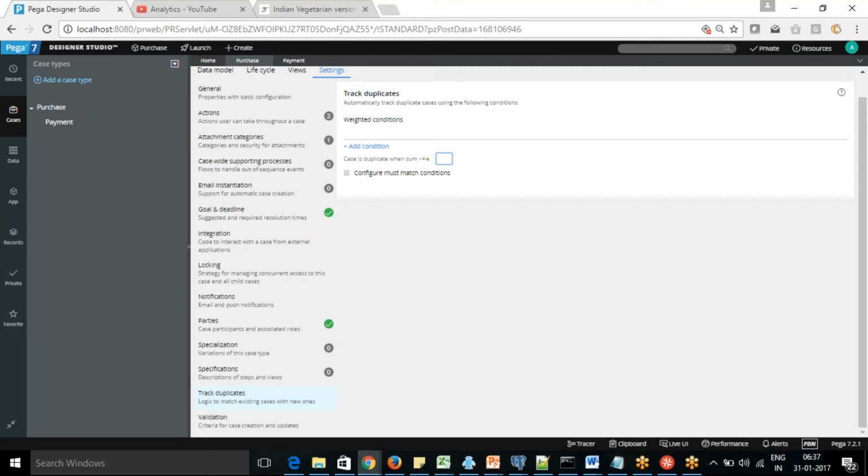You are not going to create five cases for the same person. Only one will be active, and four will be marked as duplicate. So to deal with that, this option is used: how you are going to match the duplicate. We can write some logic that checks whether a case is already created for similar information. So we use the track duplicate option.